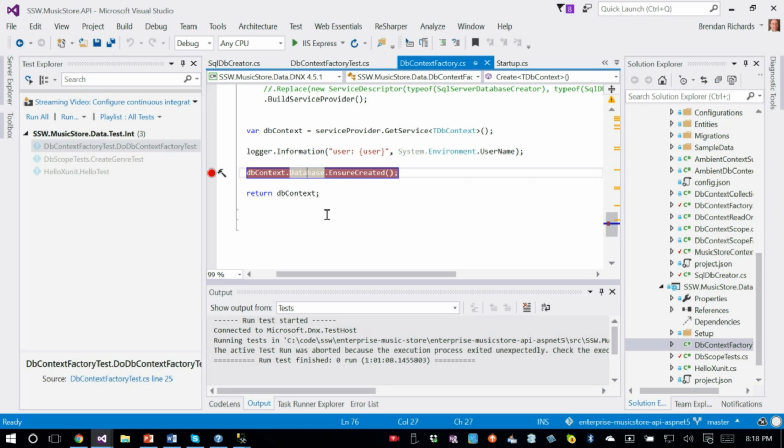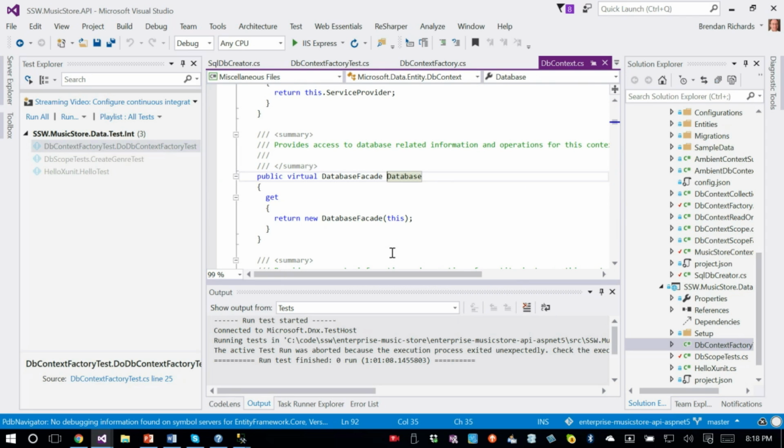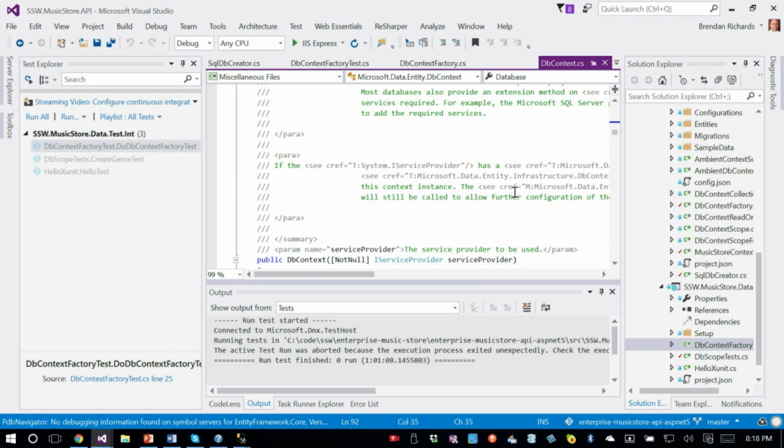The other thing I can't work without is ReSharper and the decompiler for ReSharper, because I can now go Control F12 on that object. Hopefully it decompiles and goes straight to a decompiled version of that file. So now I can start poking around in here and look around to see what's going on.